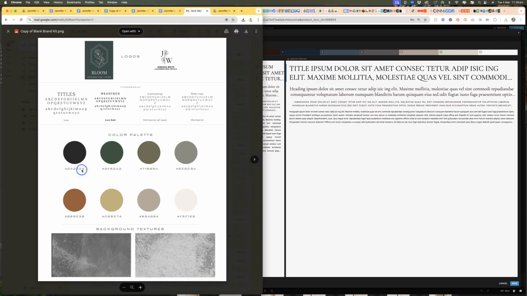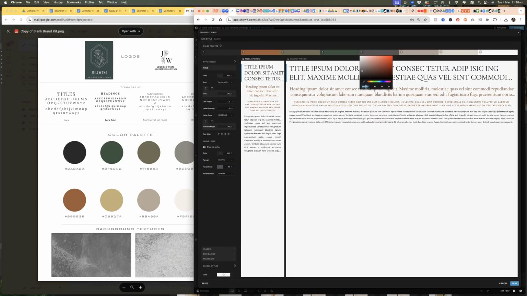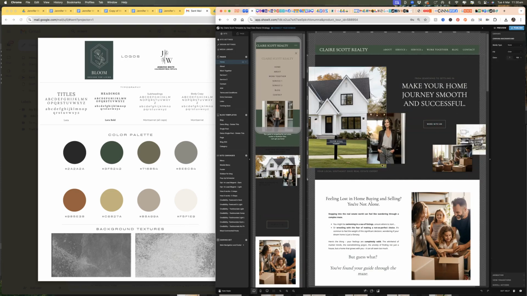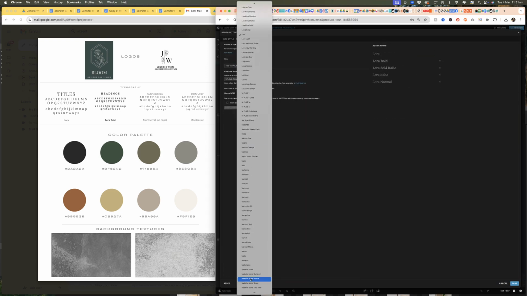Watch me set up this Showit template and start designing the homepage for this website in 20x speed. We're going to start out by choosing the template itself. We're going to use the Claire Scott template for this one, and then we're going to go in and set